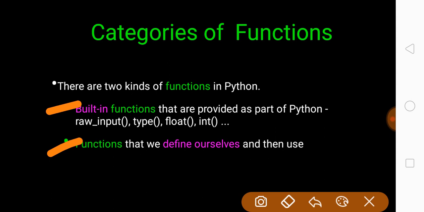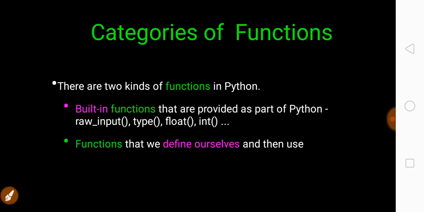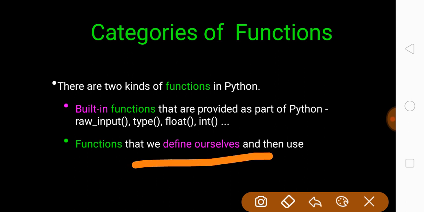The names of these functions are predefined. You cannot use these functions as your function name. Getting my point? And the second category is the user-defined function. These user-defined functions can be given any name by you, the programmer, but these names cannot match a built-in function. That means the built-in functions are reserved functions for the Python compiler. These are similar to keywords.